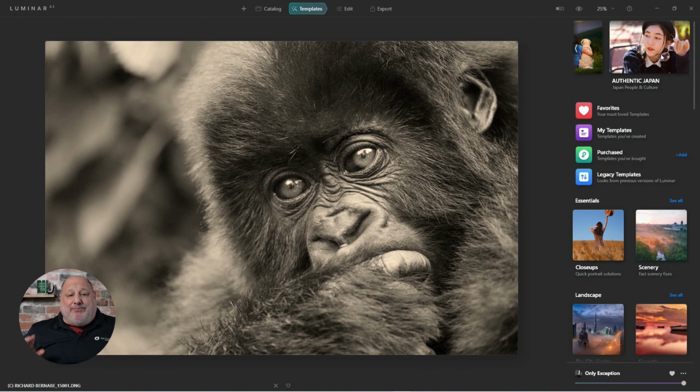So this photo of the gorilla, obviously, the templates chose great templates for this photo to apply to this gorilla. This one here so far is my favorite, and we can come over to the Edit tab and continue with our editing. But before I do, I want to scroll down here,